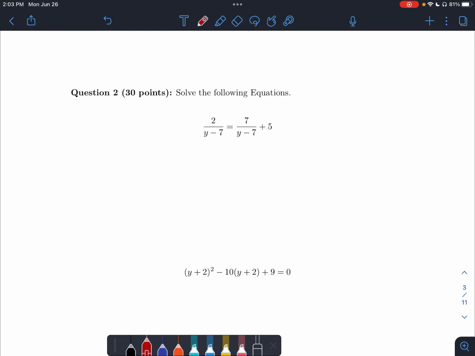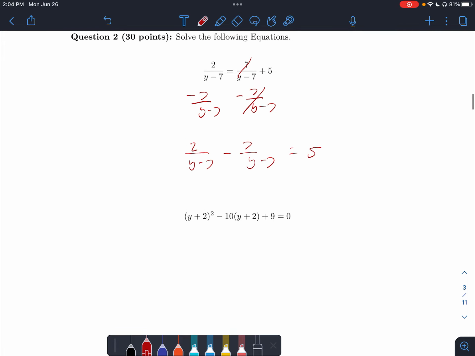All right, so one thing that we can note, you might be tempted to see if we can find a common denominator here, but one nice thing here is these already have a common denominator. So all we have to do is subtract 7 over y minus 7 from both sides. Okay, this is going to cancel, and we get 2 over y minus 7 minus 7 over y minus 7